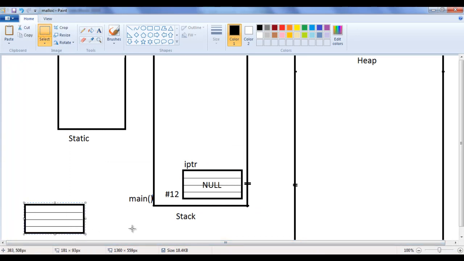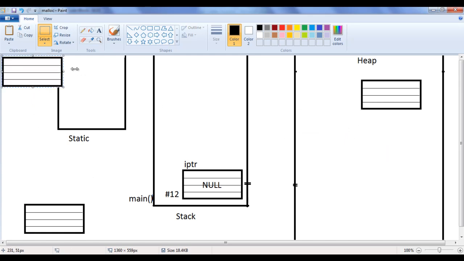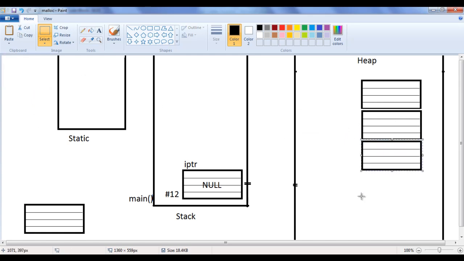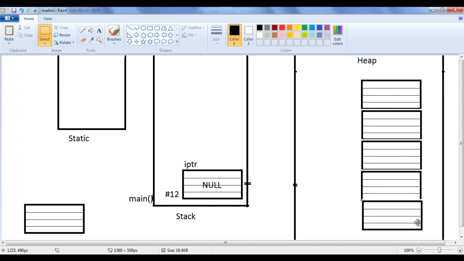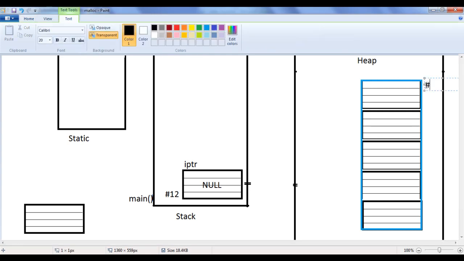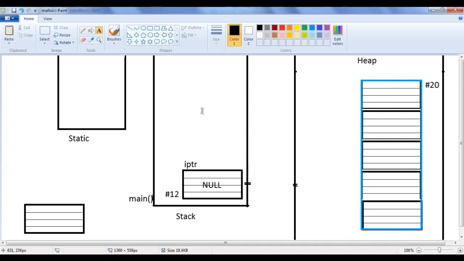I am going to copy this and paste it 5 times: 1, 2, 3, 4 and 5. What malloc(5 * sizeof(int)) does, it allocates a single memory block of size 20 bytes on the heap, guys, and returns the beginning address. Let's assume the beginning address is #20, which is assigned to iptr.